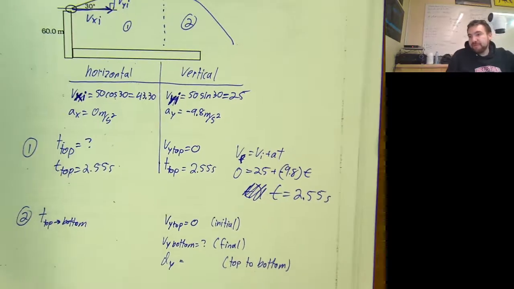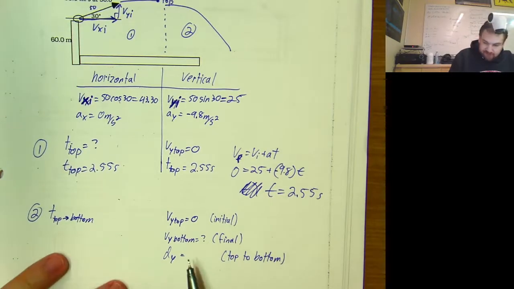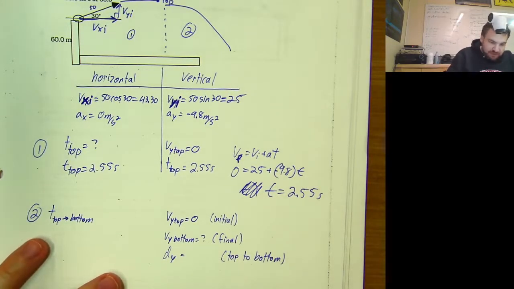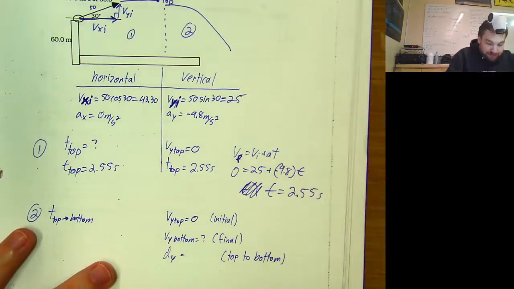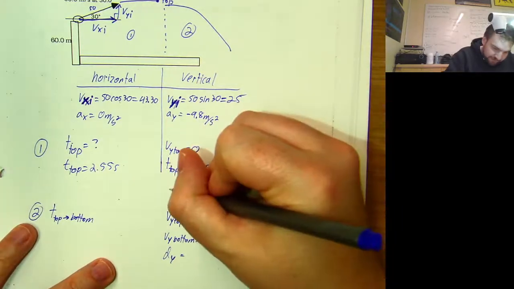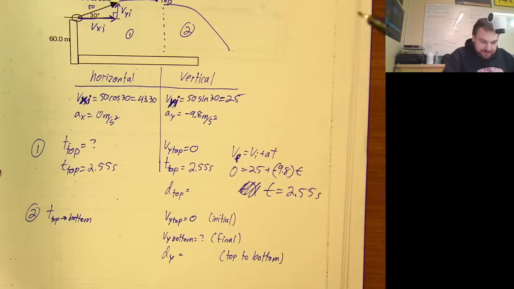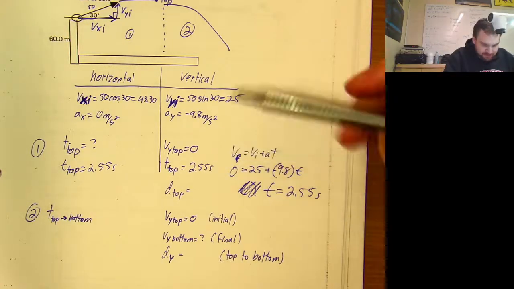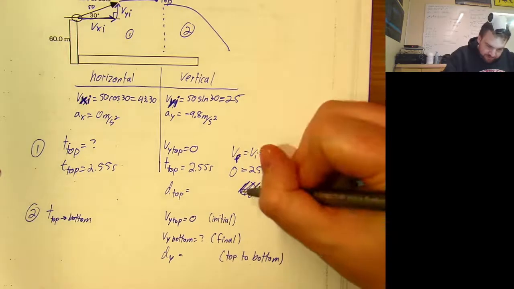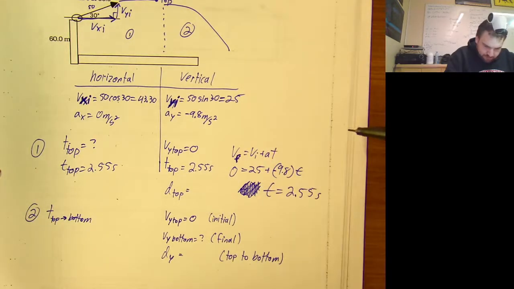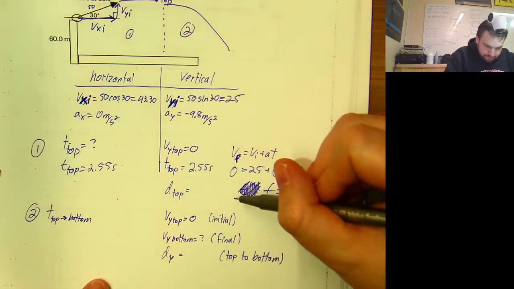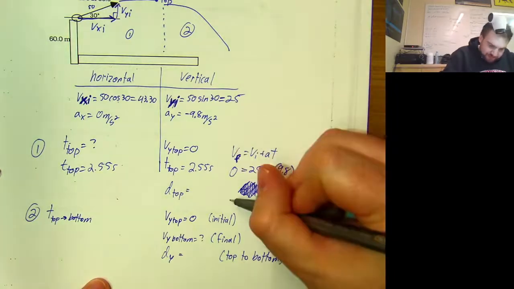So what we need to add here is we actually need to find the displacement or the total height. I want to find the distance to the top. So the displacement to the top is going to be, oh, we've got the time here. So we can just go like this. D top